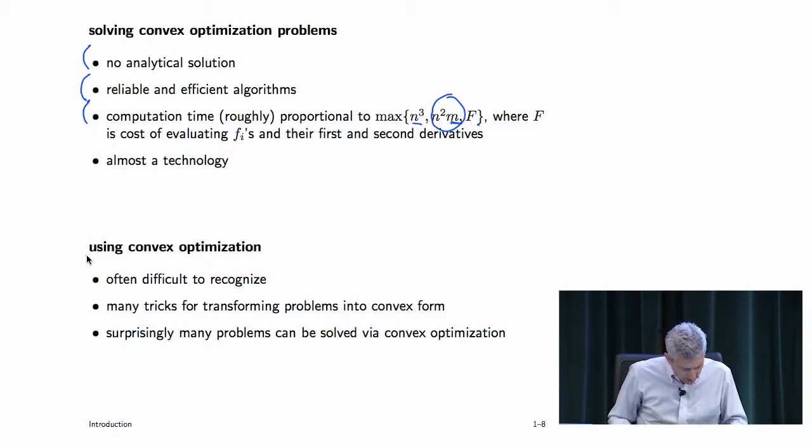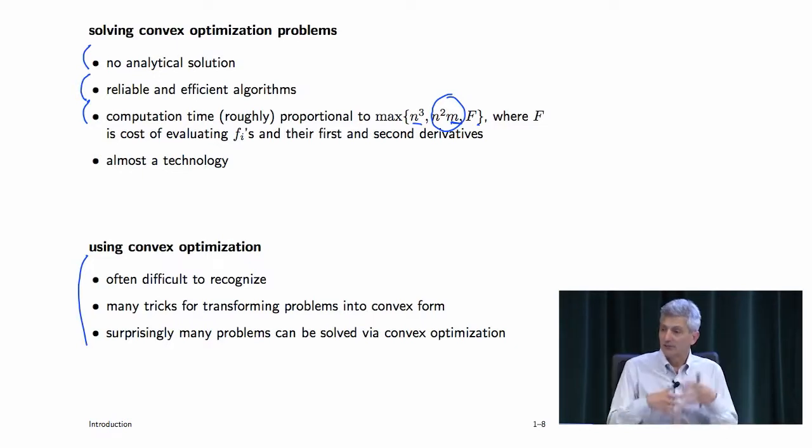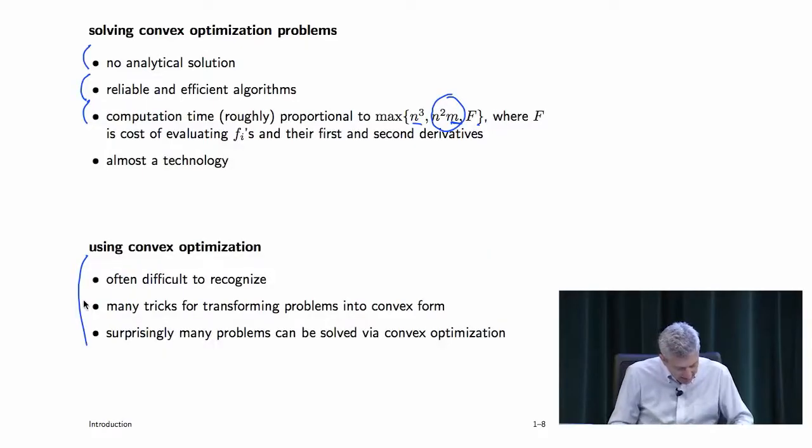Now, the question is, how do you use convex optimization? Well, here's the first thing that's actually kind of interesting: it's actually not easy to recognize convex functions. And in fact, that's where you're going to spend the first 3 weeks getting up to speed on that. Not just the first 3 weeks, because we'll do it for 3 weeks and you'll be all overwhelmed, but then for the next 7 after that, in practical contexts, you'll be doing absolutely nothing but recognizing convex functions. Nothing. That's basically what the class is about. And it's just not obvious. We'll see what that looks like later. Okay. And there are some tricks.